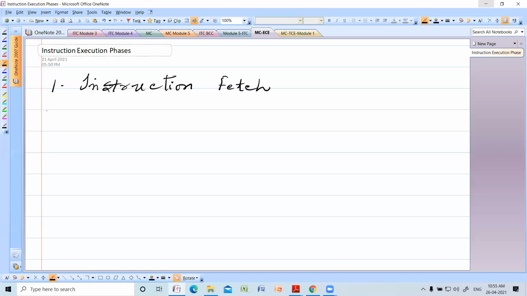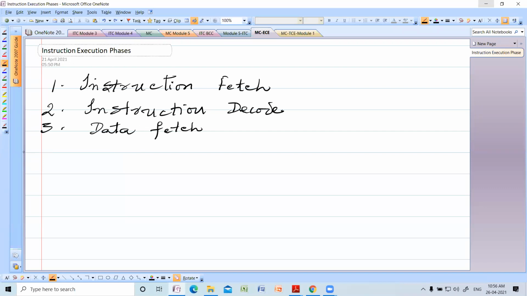After the instruction is fetched, instruction decode. Next, data fetch. Fourth one is instruction execute.